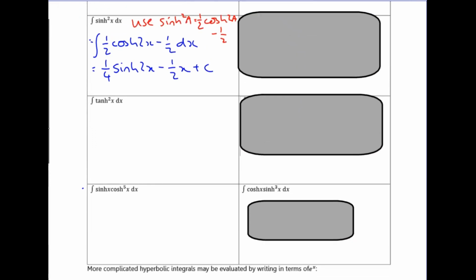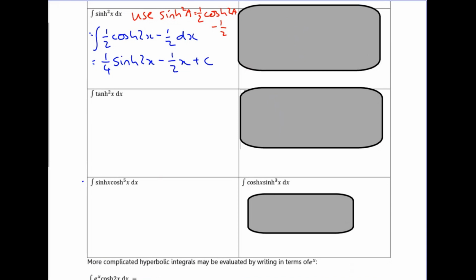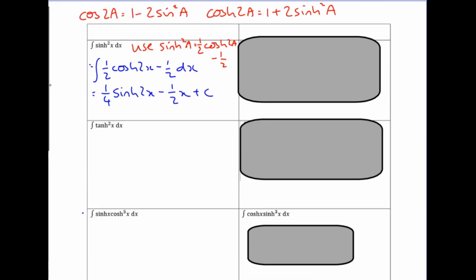Integrating tan squared works the same as integrating tan squared in single maths. So integrating tan squared, again, I'll write it up here. So use 1 plus tan squared equals sec squared. And turn this into a sec squared because you know that sec squared integrates to tan. Same for the hyperbolics. So 1 plus